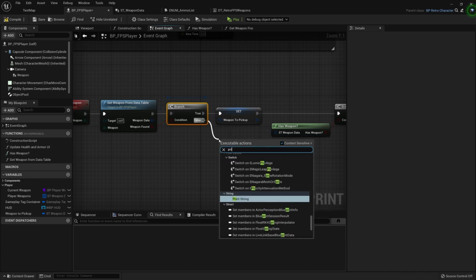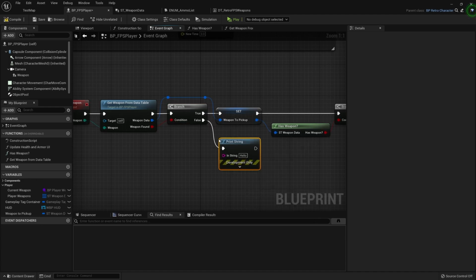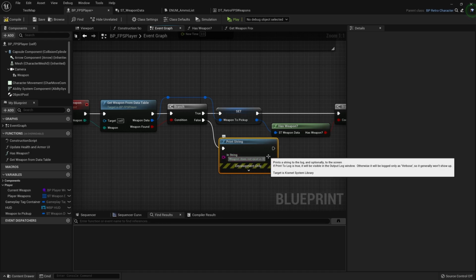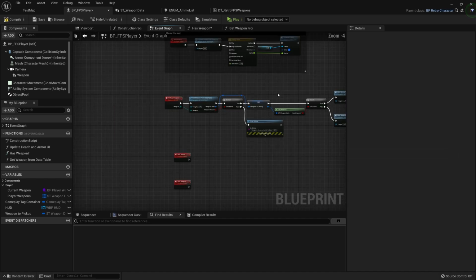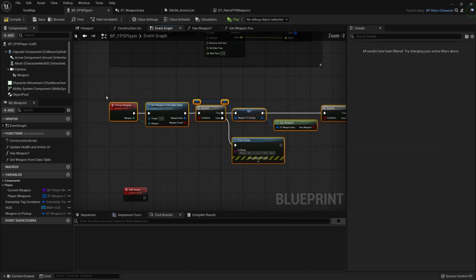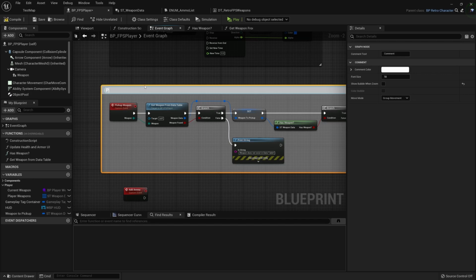So false, we'll do a print string and we'll say weapon does not exist in data table. And now we can comment this whole section to be weapon pickup.